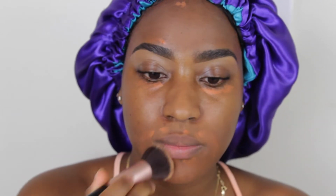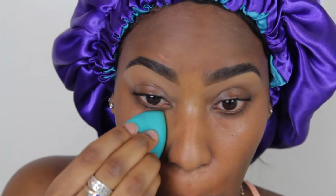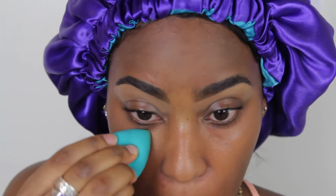Now you can blend this out with a beauty blender. For me, because the product is so thick, it's so hard to blend out with a beauty blender. For me, it takes forever. Even blending under my eyes was probably the hardest thing out of this entire thing, because the product is so thick, and also because I set my face, it just sticks onto that powder in the certain areas